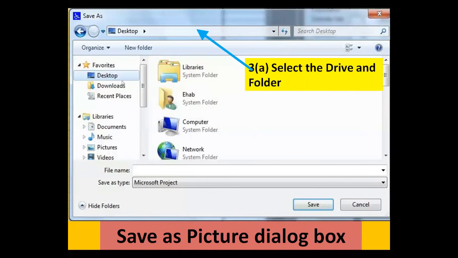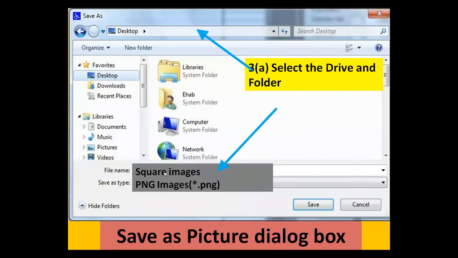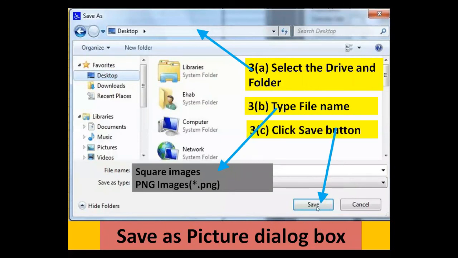When the dialog box appears, first select the drive and folder. Then what will you do? You will type the file name in the file name box. I write here Square Images, and then click on the save button. So your picture will be saved in the desktop folder.